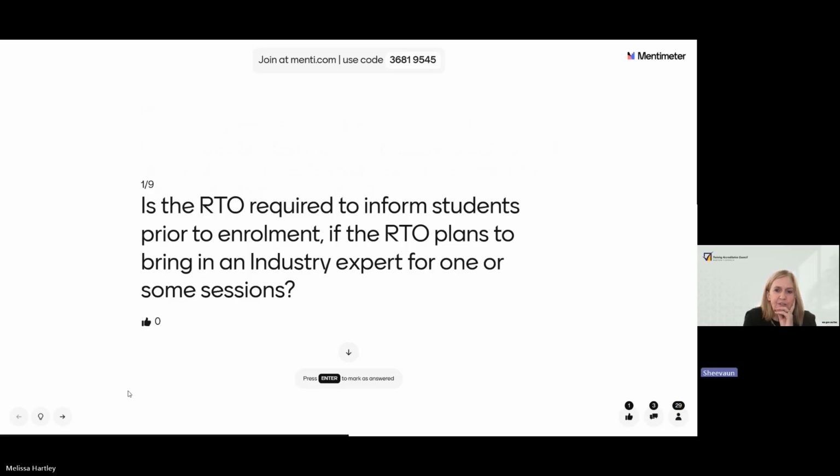Is the RTO required to inform students prior to enrolment if the RTO plans to bring in an industry expert for one or more sessions? Right. Now,